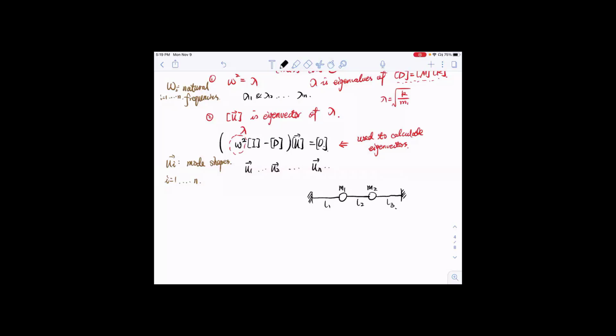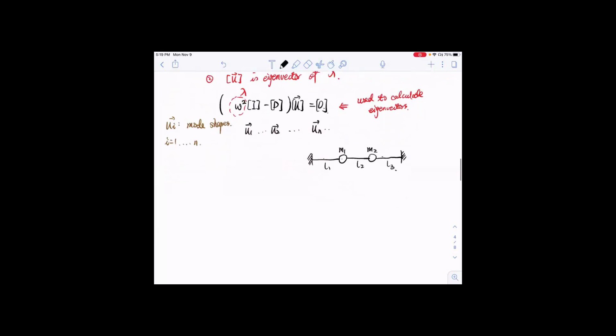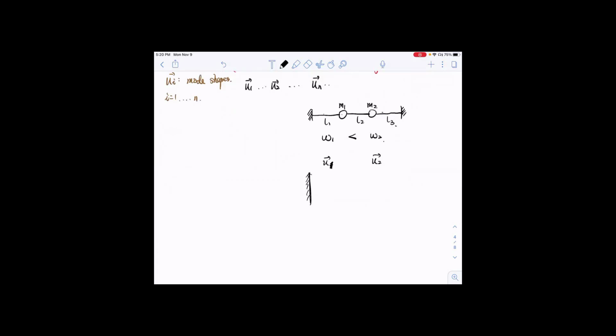Let's ignore the mass of the wires. Because there are two masses, we're expecting two natural frequencies, and we're also expecting two mode shapes. Let's say omega 1 is smaller than omega 2, then your U1 will be something like this. And then your U2